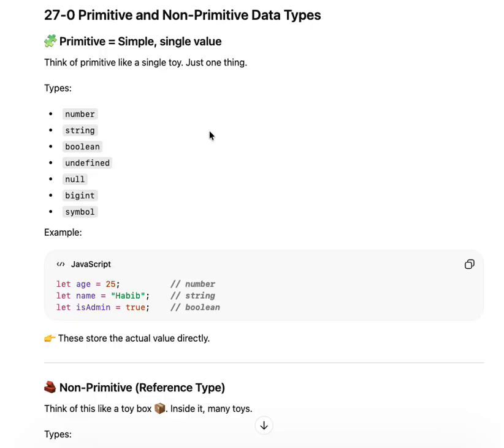I am doing a Programming Hero course, and in module 27 we have learned many things which we'll walk through here. I asked ChatGPT to give me examples and an explanation of module 27 so that I can walk through it